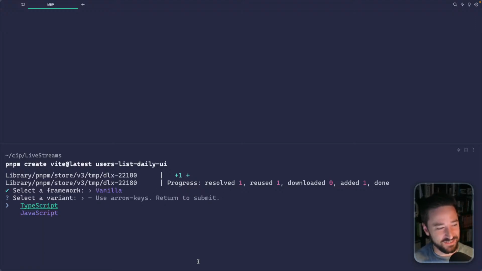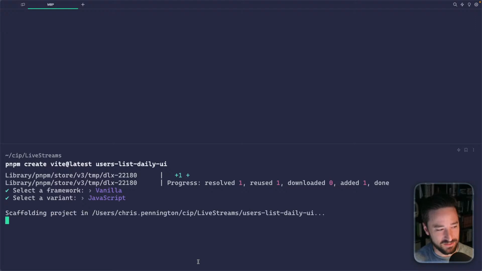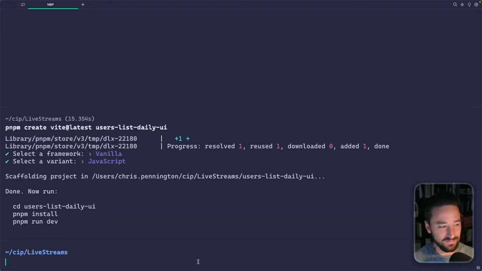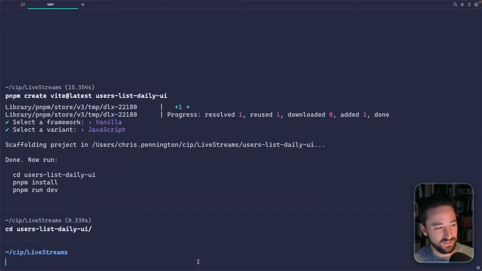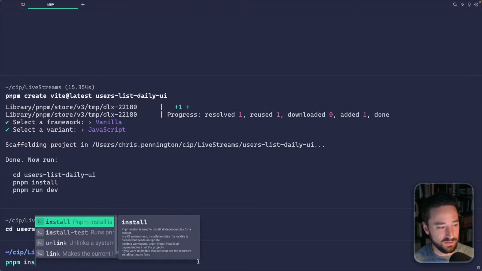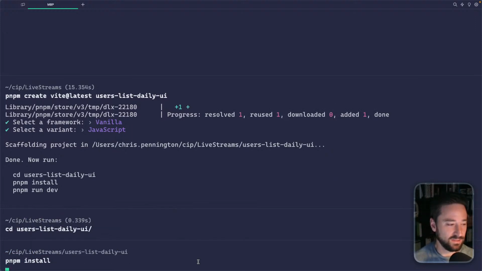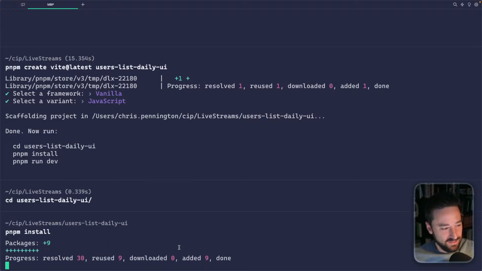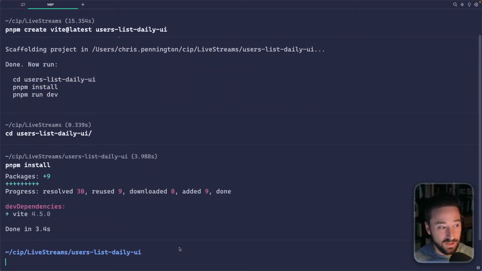Vanilla. Let's do that. Let's just stick with JavaScript to keep it simple. I'm going to cd users-list, and then we'll do npm install. I think these kinds of tests are really, really helpful. I'm going to go ahead and get this started up in